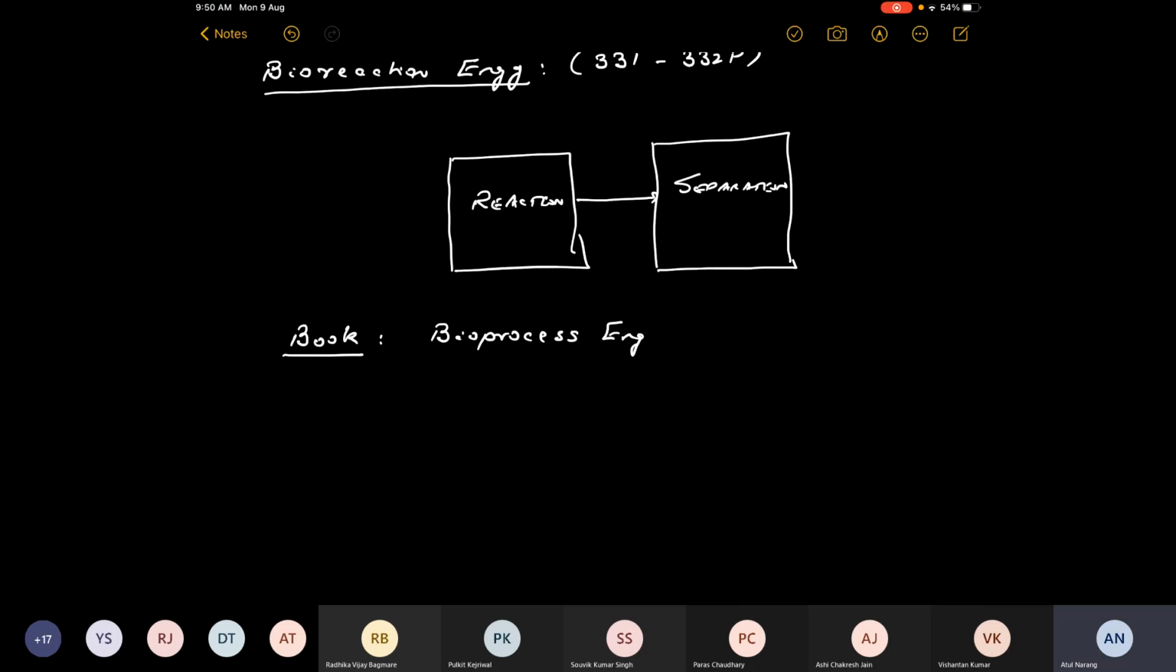So the book is called Bioprocess Engineering, and the author is Pauline Doran. This is, I should say, the main book. And secondary books